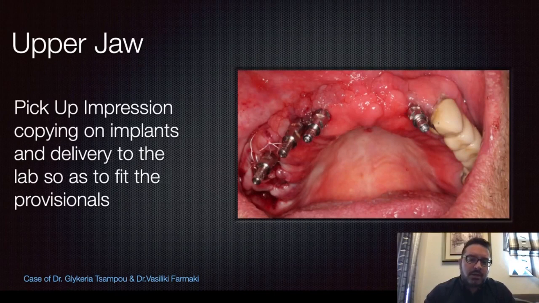Here are the clinical images after the implant placement. As you can see, the most damage was from the teeth extraction and not from placing the implants. Also in the position of 15th, 16th, there was a GBR technique for bone regeneration. These are the pickup open tray system impressions. It was sent to the lab.